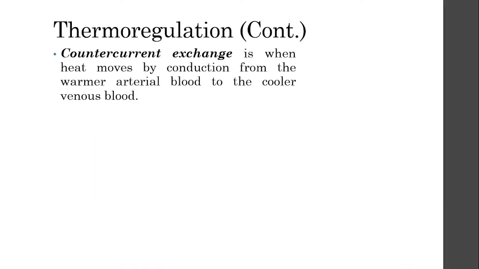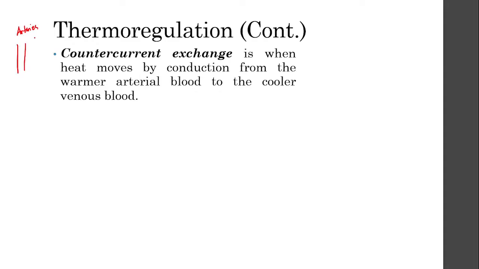Next, there's another way that animals, more specifically animals that are in very extreme temperatures, or whose limbs, their extremities, yung paa nila or yung kamay nila, are always in cold temperatures. They have what we call a countercurrent exchange. A countercurrent exchange is basically when there's a transfer of heat from the artery to the vein. When we discuss later the difference between an artery and a vein, arteries